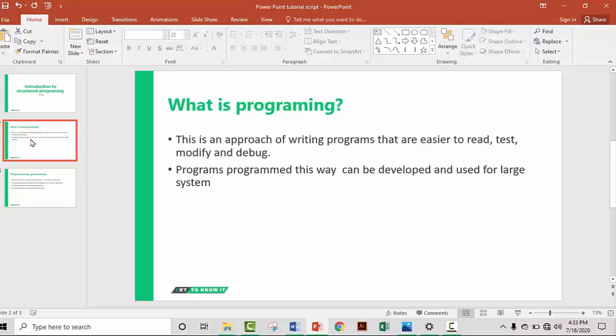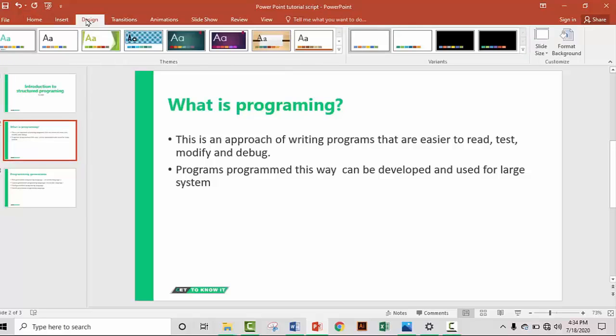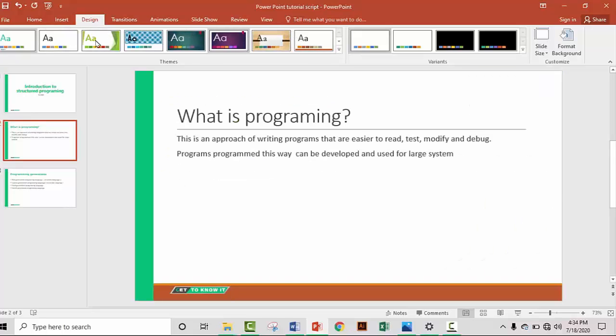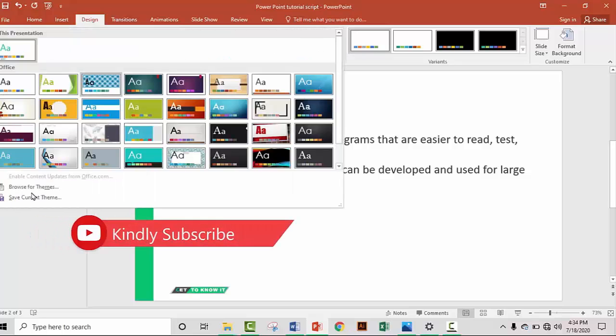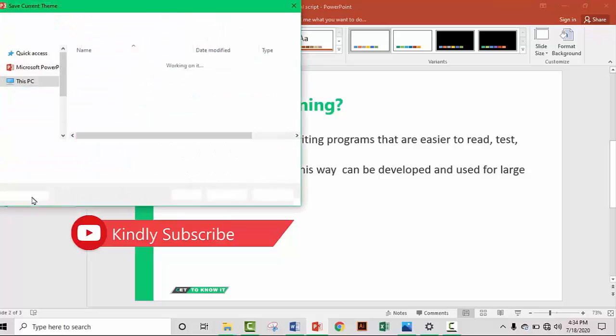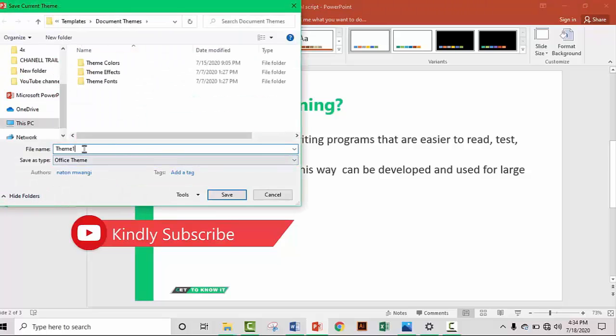So if you want to be using this theme later, what you may want to do is to save it, so that you'll be basing all your presentations on this presentation. So what you want to do in that case is go to design, and then here you're going to see the different themes that are provided by Microsoft. So you want now to include your own theme here so that you can be applying it in your presentations. So I can just come and click the drop down here, and then I say save current theme, and I can come and call it